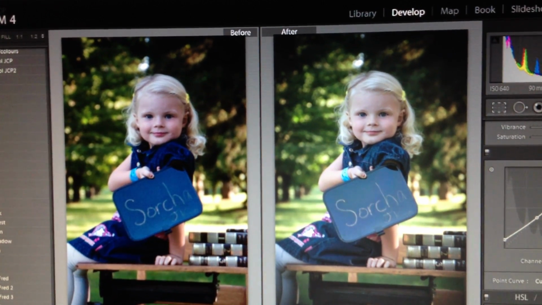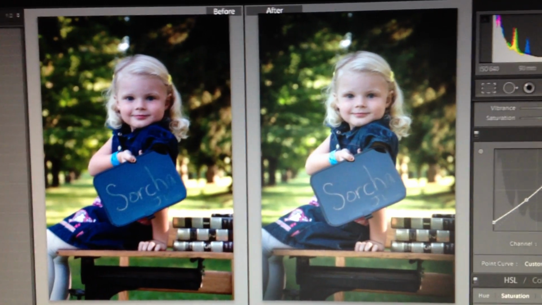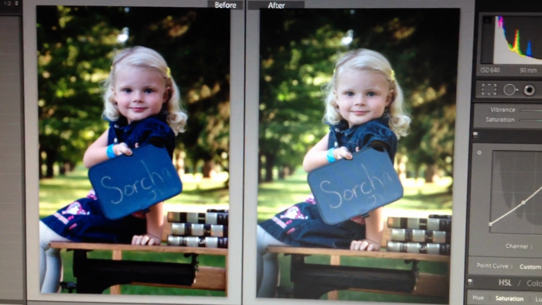Obviously I'm going to go in and tweak a few things here and there before I finish it off, but that is a simple way to do the matte option